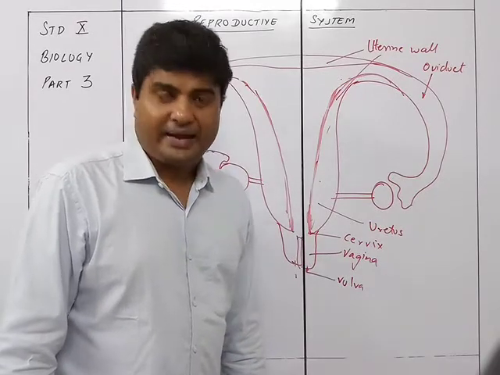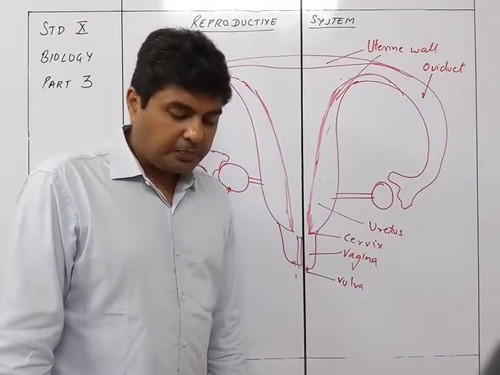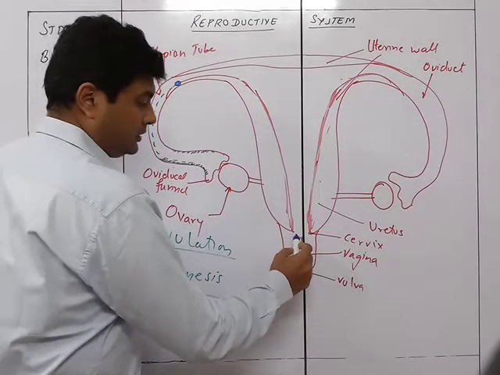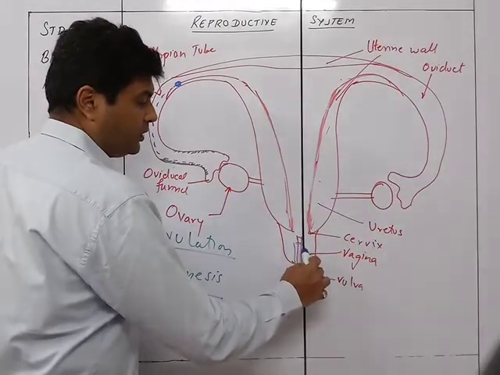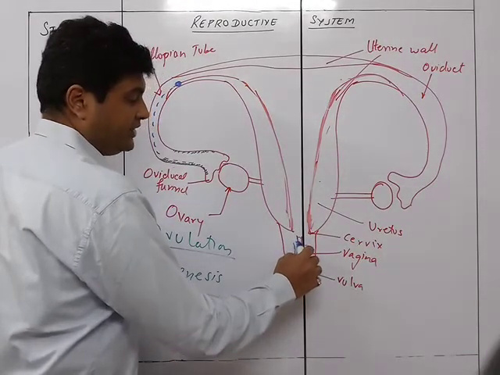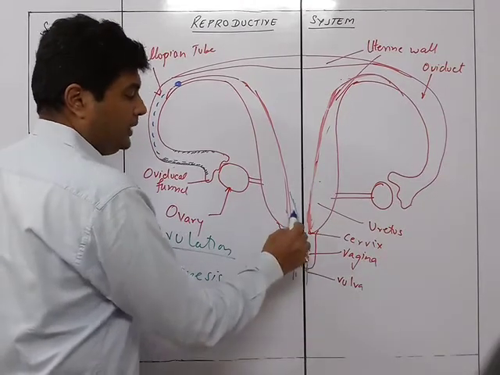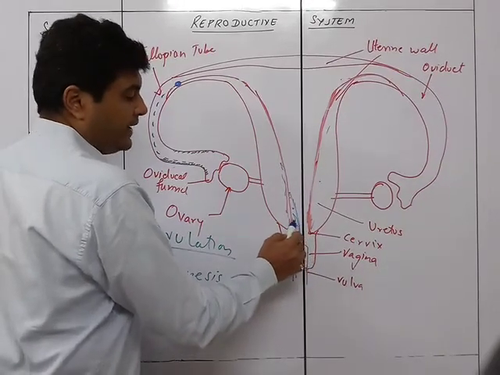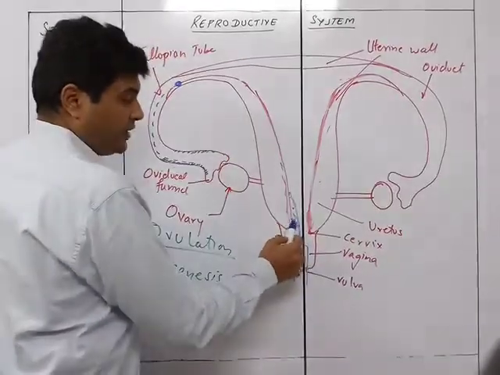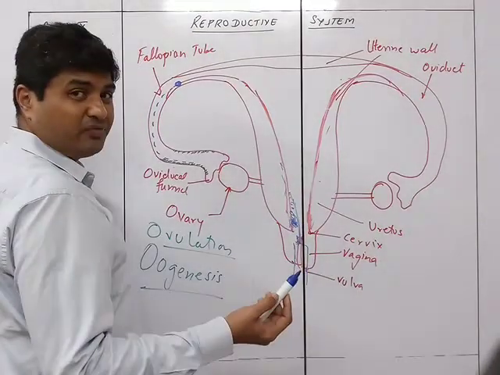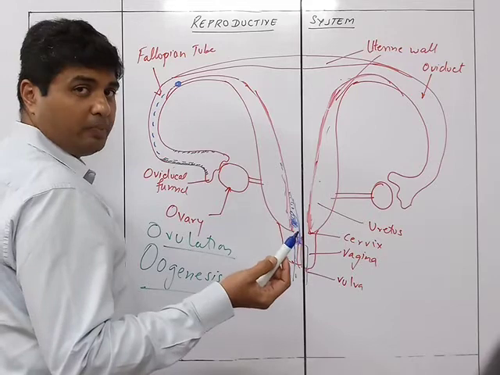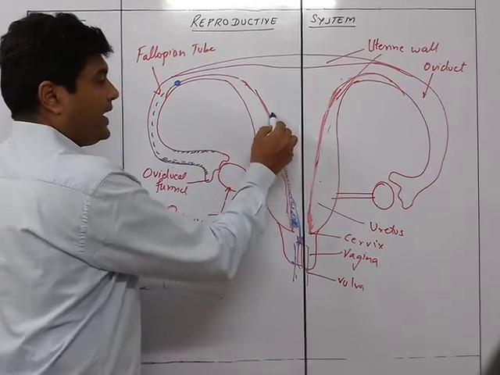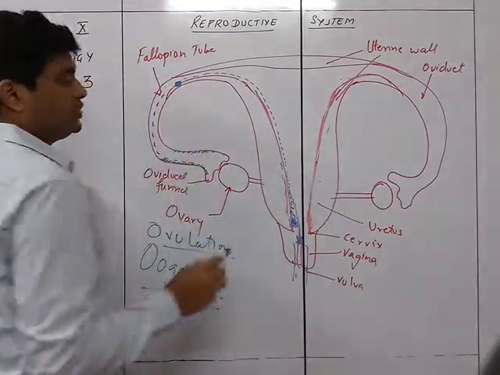During copulation, mating or coitus, the sperms are released in the vagina near the cervix of the uterus. As I told you, the penis is going to enter into the vagina over here, and then due to ejaculation, the sperm will be ejected near the cervix. Because they have the fluid inside, they are going to travel all the way, because there are millions of them. Out of the millions, only a few are going to survive, travel all the way up to this particular point and reach the egg.